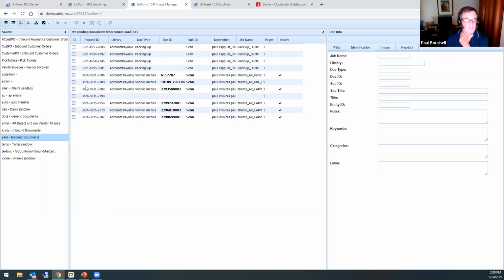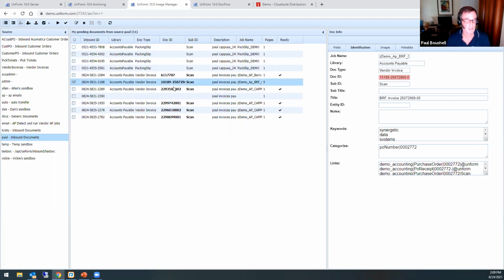But they come in. Here's the invoices that I sent via email. They're sitting in here waiting for me. Note that some of these have check marks. What that means is that as this document came in, we were able to identify who sent it, and then based on a job definition, we were able to extract the information we need for this particular document to get it indexed into the archive. If the full automation was on, all these that have check marks would have just gone into the system. So the only thing that would be sitting here would be any exceptions.